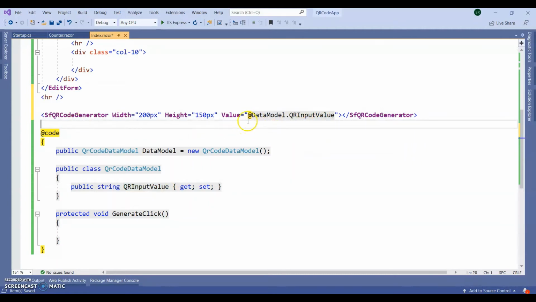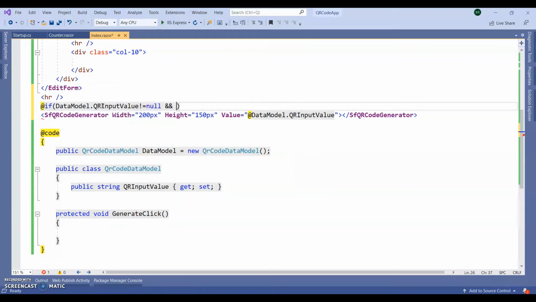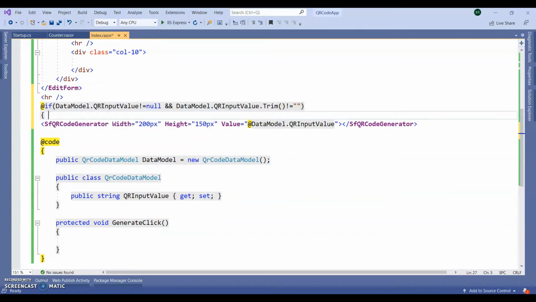Before that I'm going to validate this one. If it is not null or not blank, then it will generate. So if it is not equal to null and not equal to blank, then it will generate the QR code.